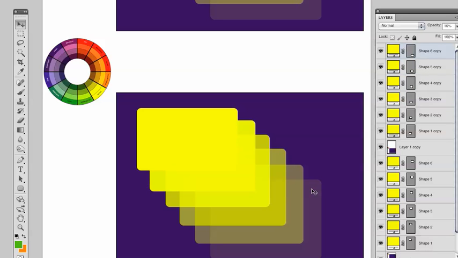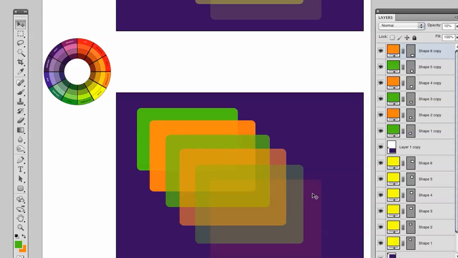I'm going to fill that one with orange, and that one with orange, and that one with orange, and I'm going to fill this one with green, green, green. I believe that one was orange. Okay, now,